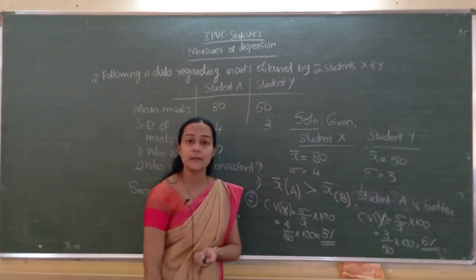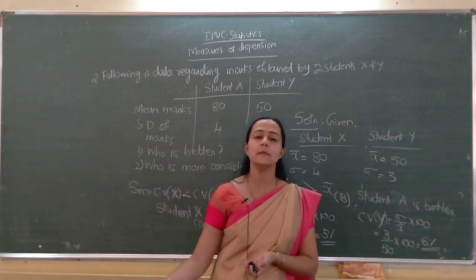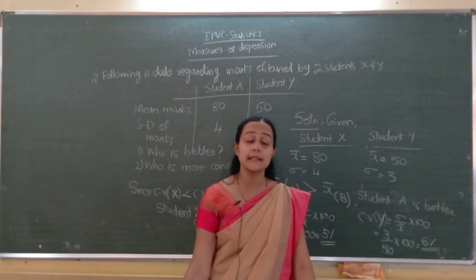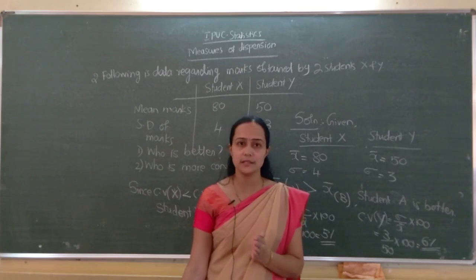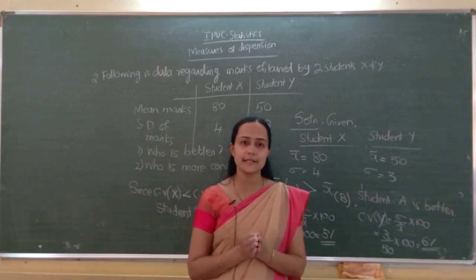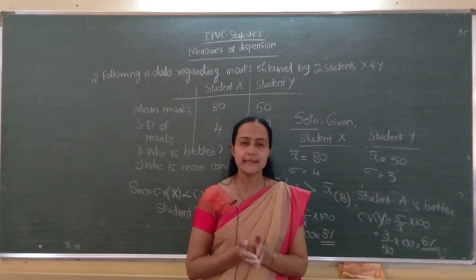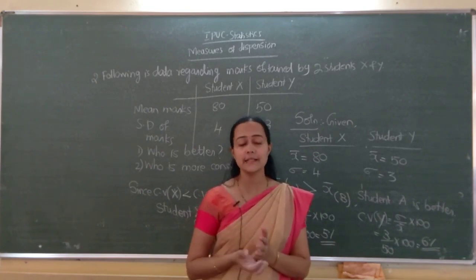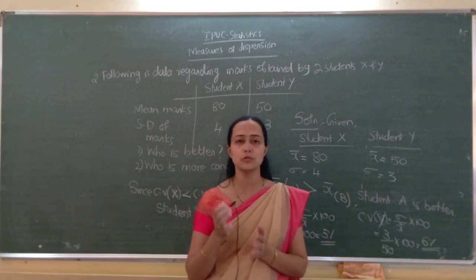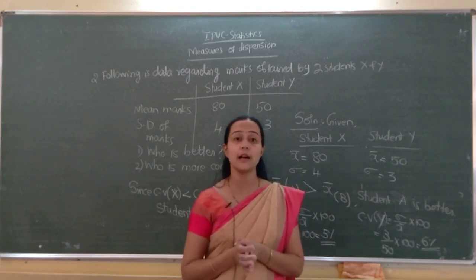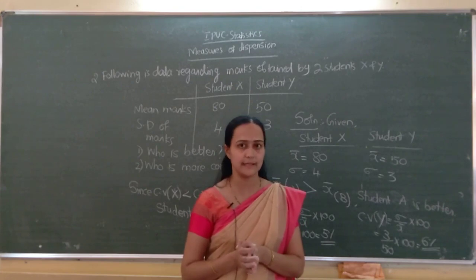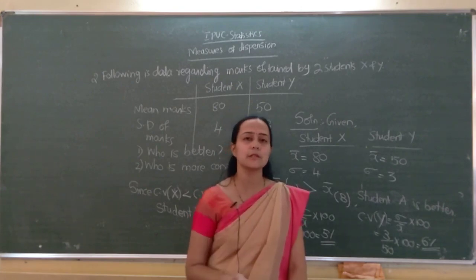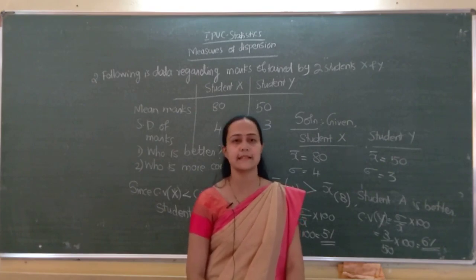Okay, clear na? These are the last type of problems in CV. Hope measures of dispersion is clear to you. If you have a textbook, just go through the further exercise problems. In the practicals also many problems are there, go through those problems too, and if you have doubts you can contact us personally. We will go to moments, skewness and the next chapter in the next class. Thank you.